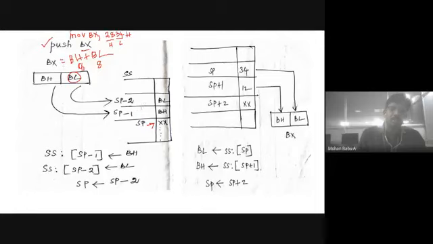This one is address location 2000H. This one is 2001H. This one is 2002H. This one is 2003H. So if I use PUSH BX, BX contains this 16-bit data 2834.